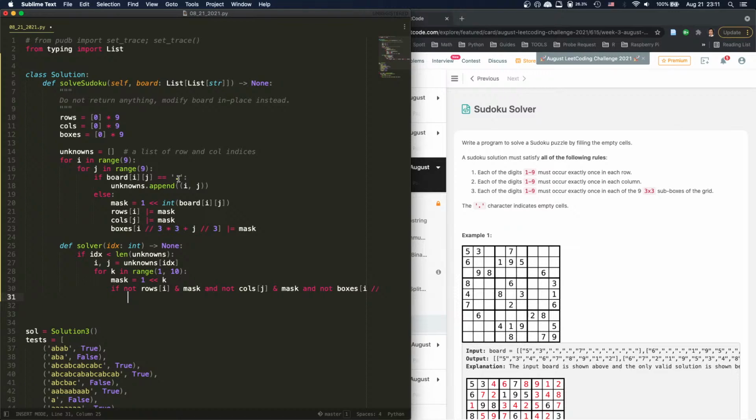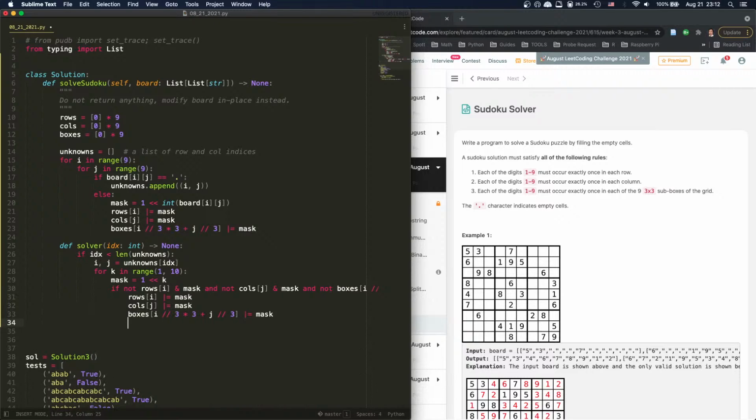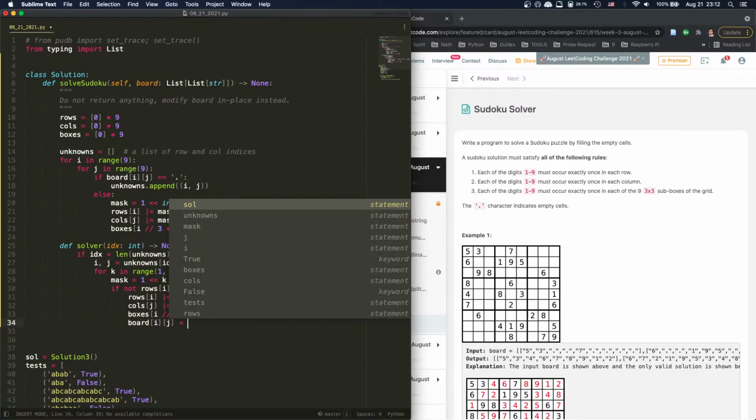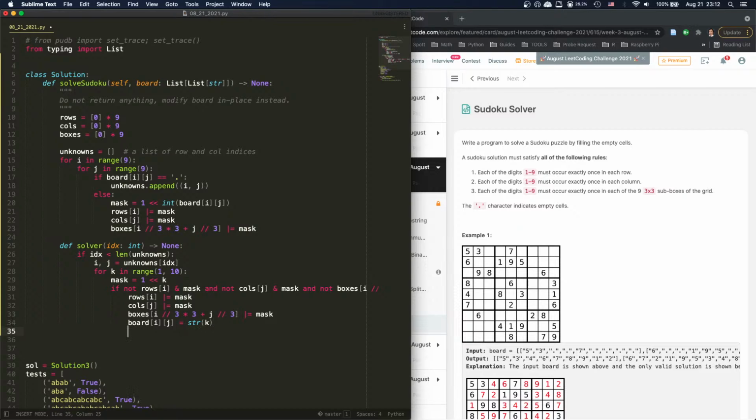Well, we are going to change the board, right? Change the board. So how do we change the board? We just say we're gonna do this, right? We're gonna do this. Boom. We're gonna do this, which is updating this, and then we're gonna say board[i][j] equal to str(k), right? And then after we make that change, we can do solver